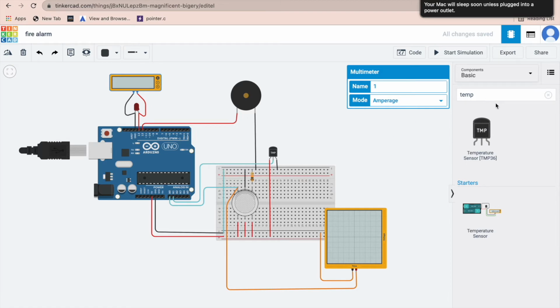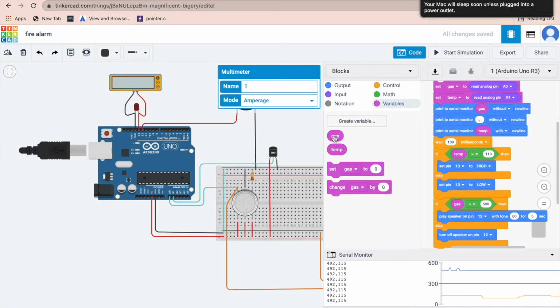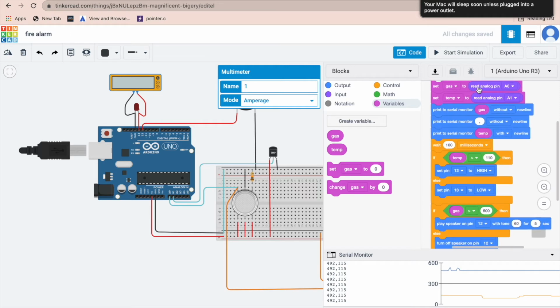Now coming to the code part of this circuit, first I have created two variables, gas and temp.